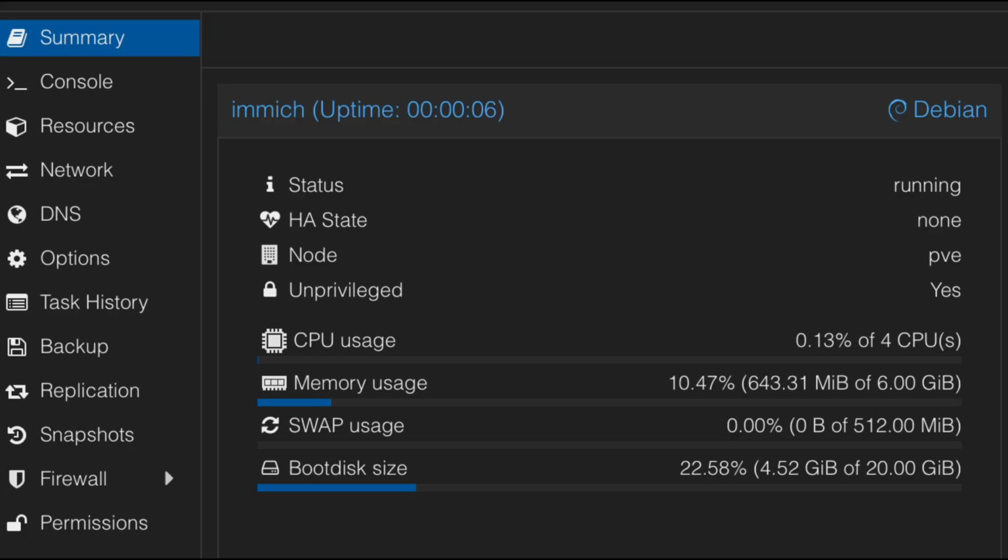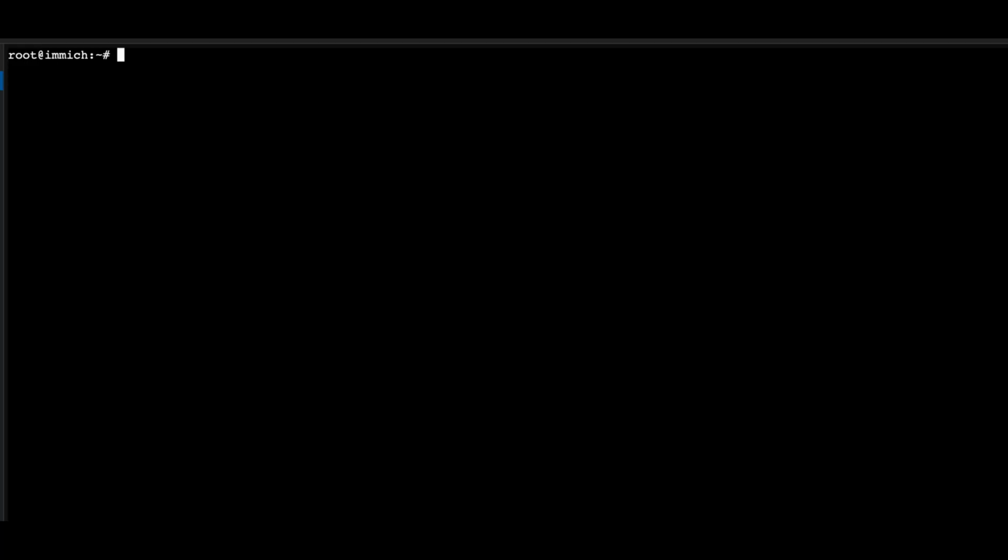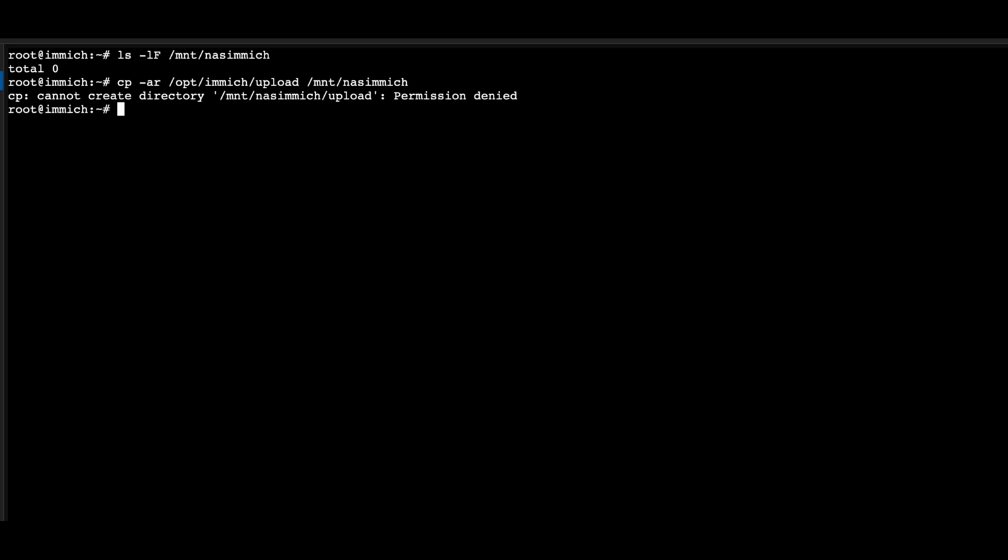See here that Immich is running, and 4 CPU cores and 6 GB RAM are allocated, which is taking approximately 10.47%. Using ls -lf /mnt/nas/immich, which is the mounted drive to the LXC, in the LXC console